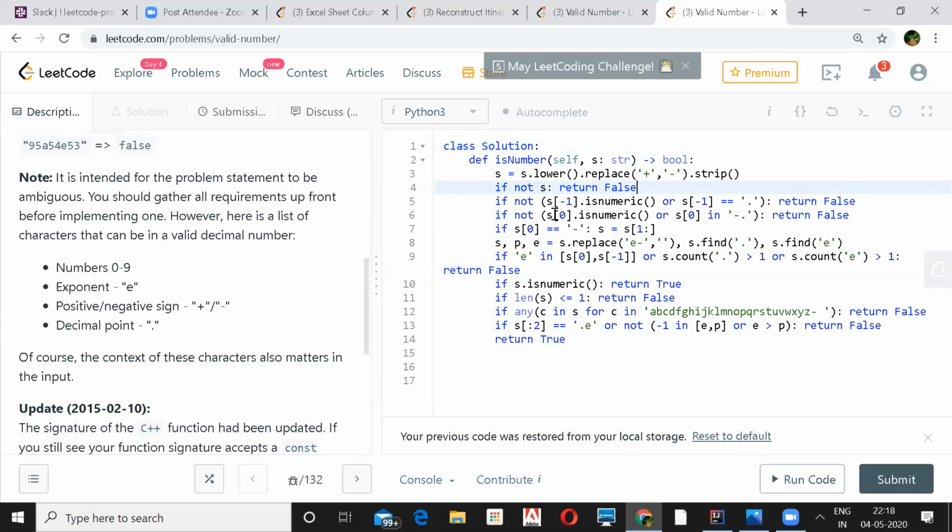And if your first digit in the string is a number, or it is the negative sign with a dot, a negation of this will return false. So you can have the first character as a number or as this, and it returns true; in other cases it returns false.